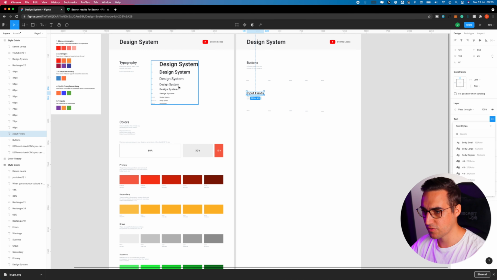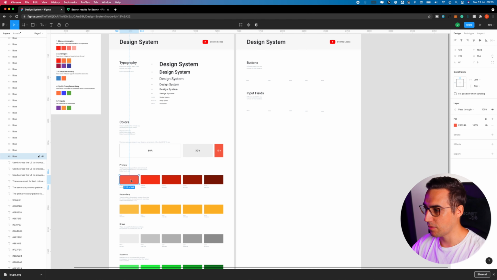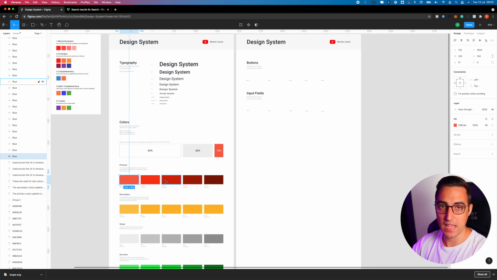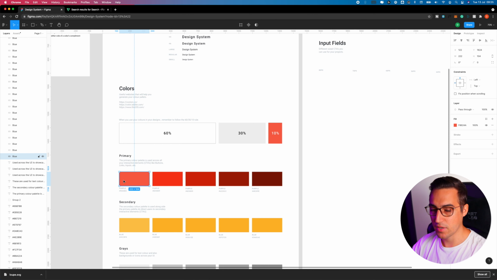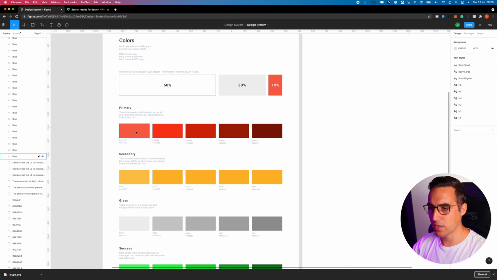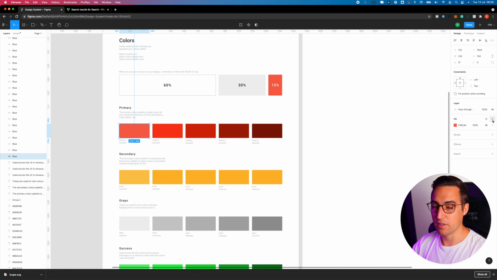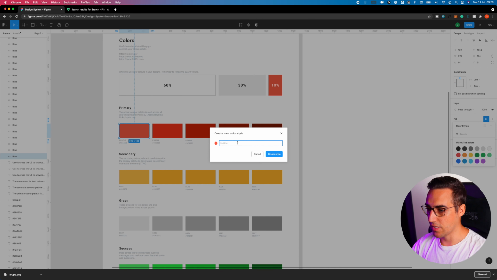I've done this already for my typography, so now I'm just gonna skip the video and do exactly the same for my primary colors. But before that, let me show you how I name my styles for the colors. So for example, if we have primary, secondary, and grays, I'm gonna click on the color that I have for my design system, hit these 4 dots, and then afterwards I'm gonna name this primary,